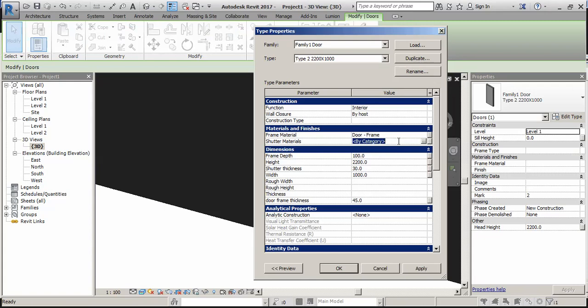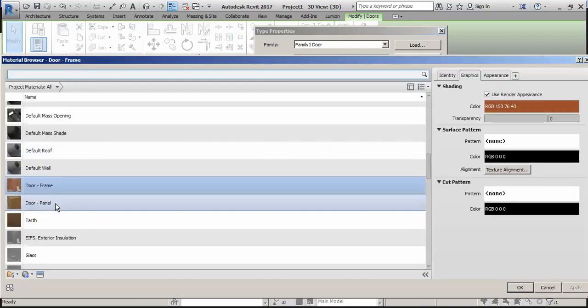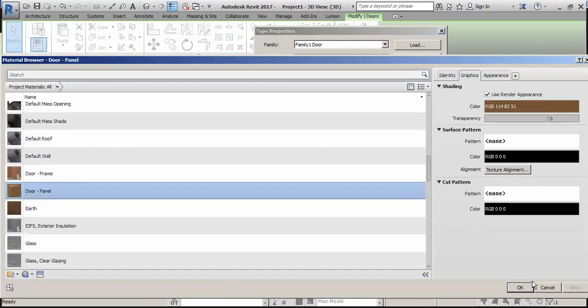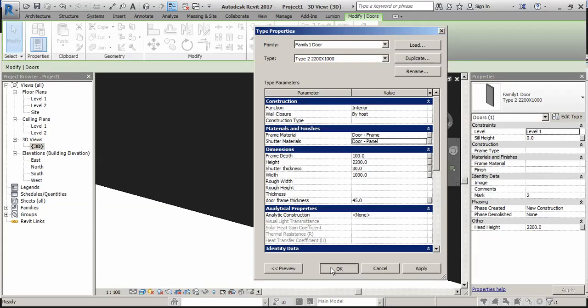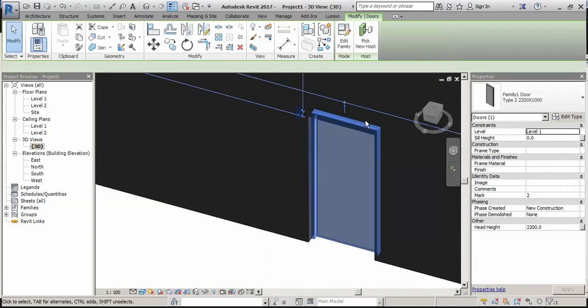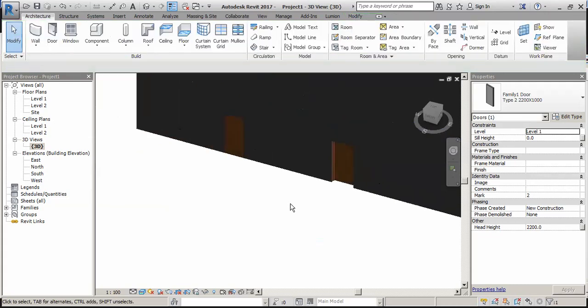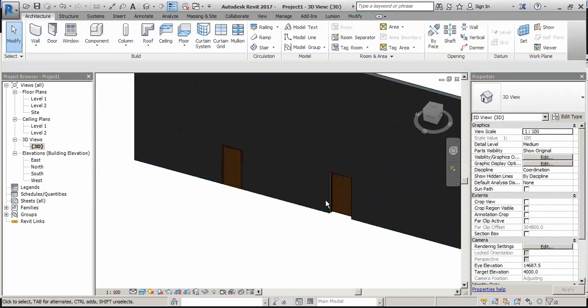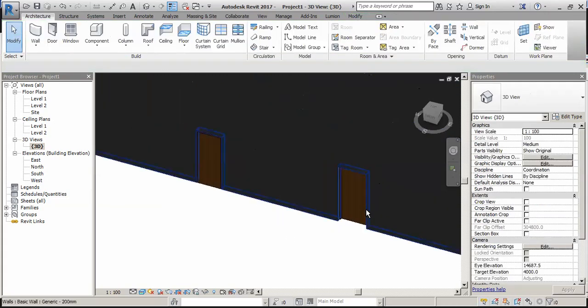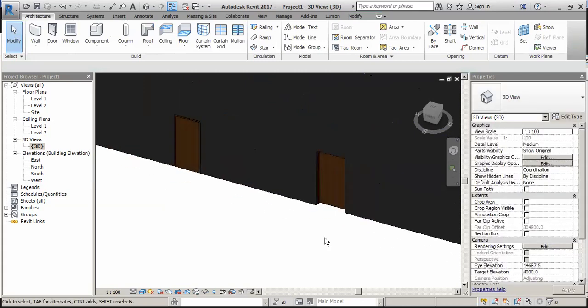Again for shutter material, door panel, okay, okay. So in view, you can see these two doors with materials also.